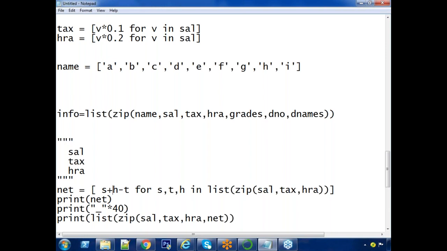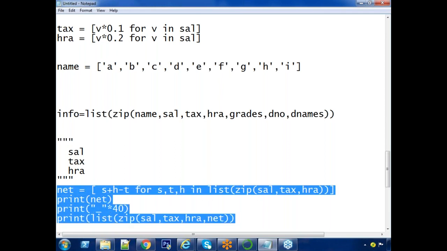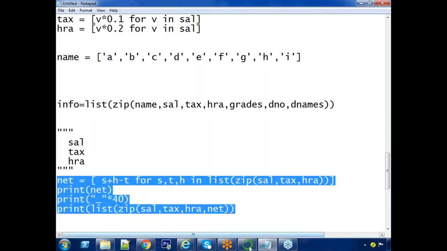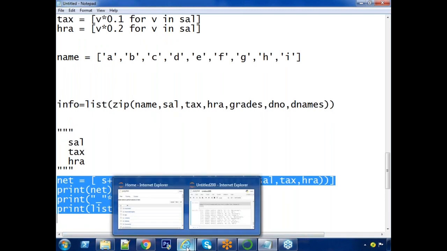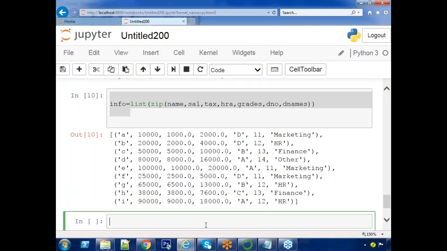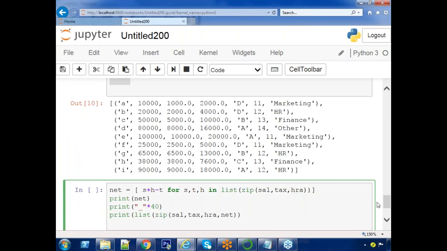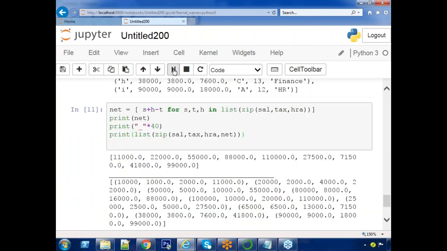Test it now. Correct. Observe this one, sir. Understood or not this technique? Note it down.